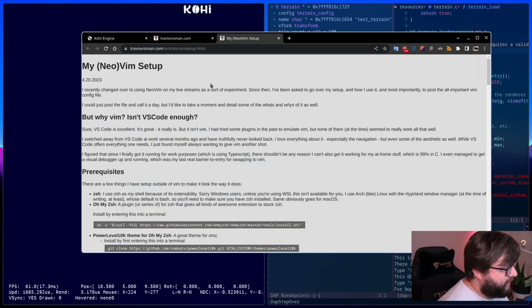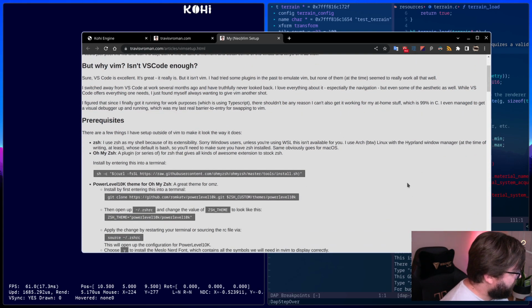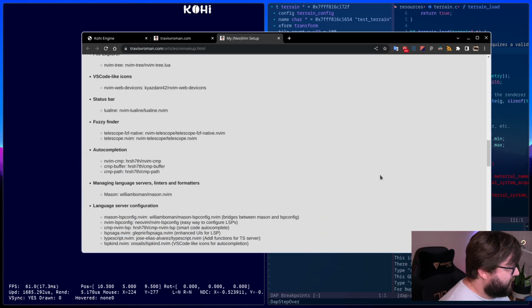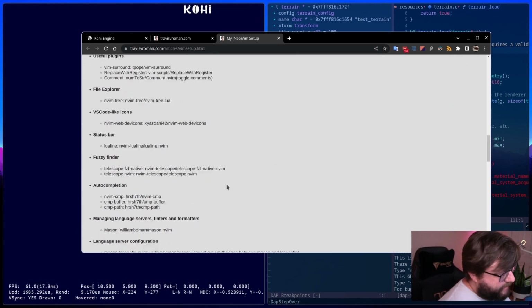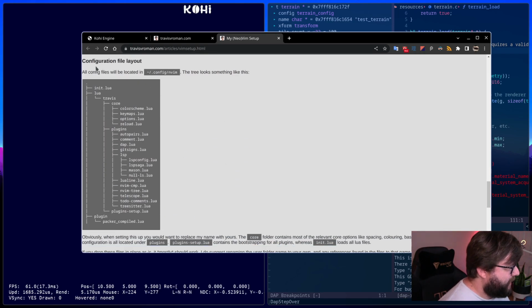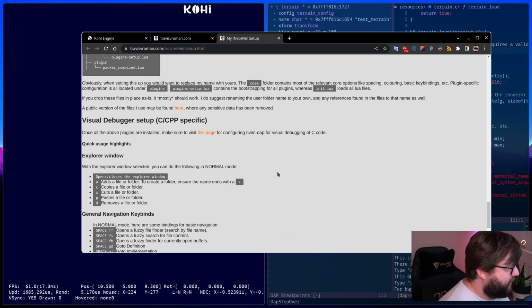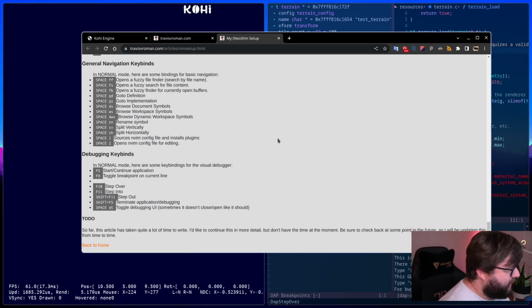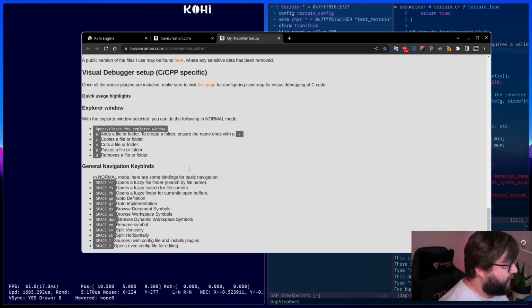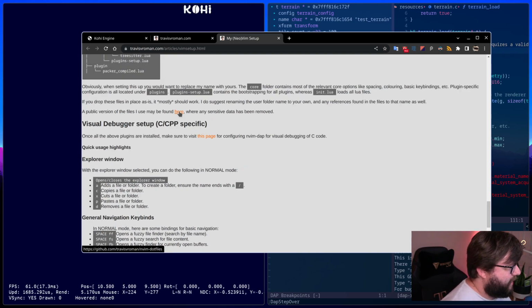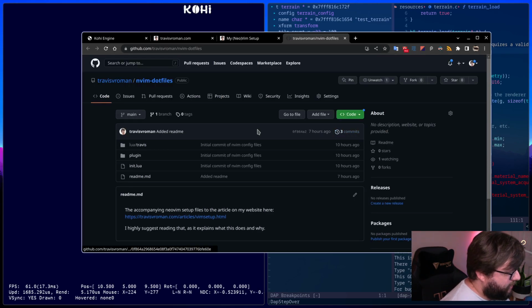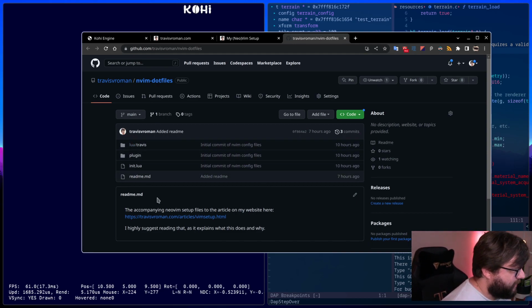It's basically detailing the entire setup as well as how I got there. It details all the plugins that I use, the configuration file layout that I have, and some of the visual debugger setup. I kind of ran out of time, so I didn't go into all the details, but most of it's here. And then you can find a link to a GitHub repo that I put up with all of these files. So you could use this as a start or an example if you wanted to set it up.